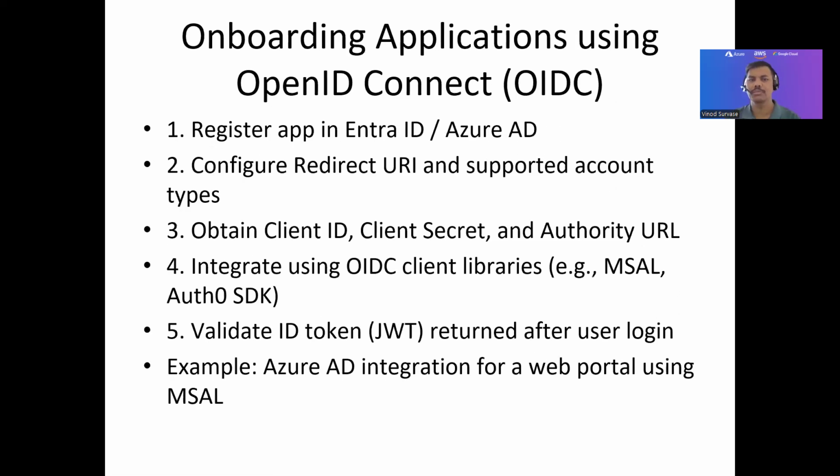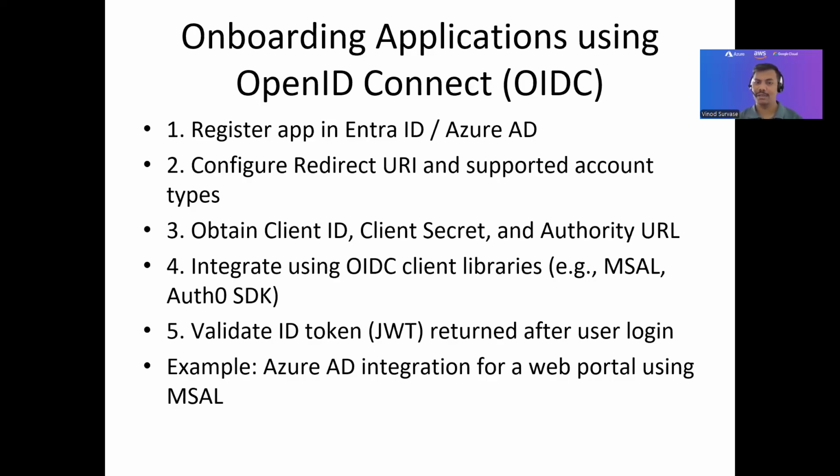So the simple steps for OpenID Connect, which is also called OIDC. This is in the context of Azure AD or Entra ID, we can call it that way, right? Starting from registering applications and then configuring a redirect URL or URI and supporting account types. Supporting account types includes multiple options for us, and we can leverage them